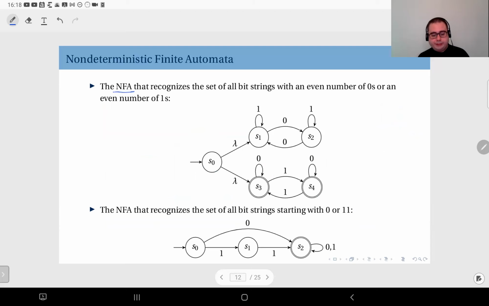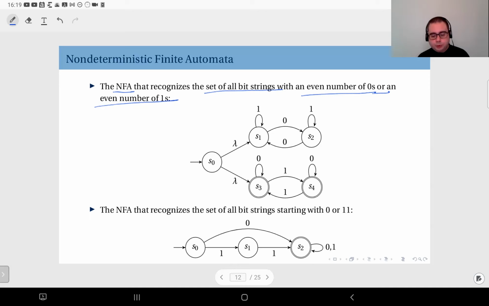A non-deterministic finite automaton that recognizes the set of all bit strings with an even number of zeros or an even number of ones. To do this with a deterministic finite automaton, you need to keep track of the number of zeros and number of ones. So you need to be aware of all the possible cases: even number of zeros and even number of ones, even number of zeros and odd number of ones, odd number of zeros and even number of ones, odd number of zeros and odd number of ones. So you need to also fill out all possible transitions. It's going to be a large